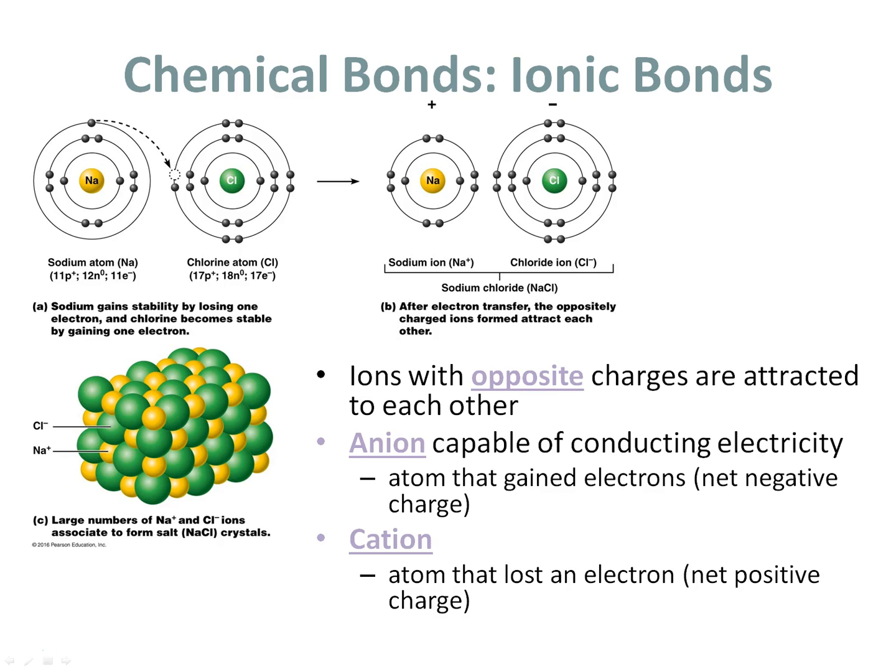One way elements can stick together is through ionic bonds. When 2 elements are stuck together, we call that a chemical bond. The first bond we're going to talk about is an ionic bond, and this is how sodium and chloride are bound together in salt. Sodium tends to donate an electron because its valence shell, that outer shell, only has 1